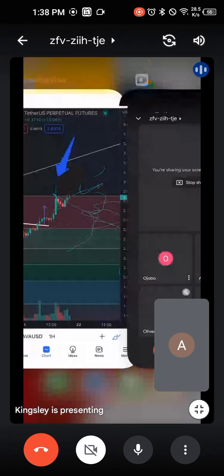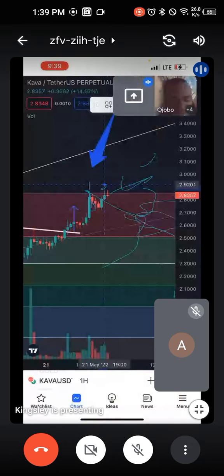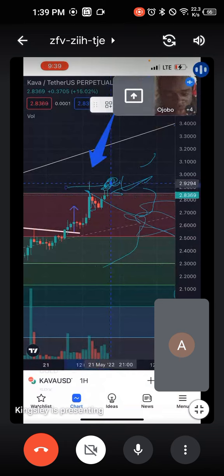Okay, immediately we hit it, and that thing is still happening. So that's why we are having resistance here. Are you seeing what is happening? Are you seeing the last candle here? So we are not permitted to break above this. I hope you can see that level I'm talking about. This deep level is now the zero point, the zero level.